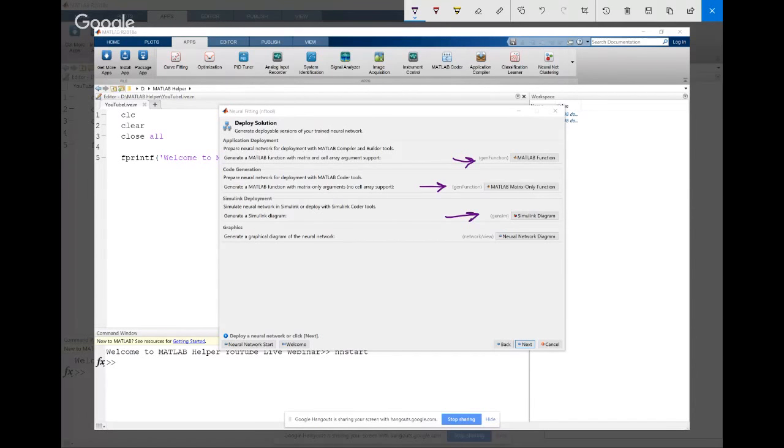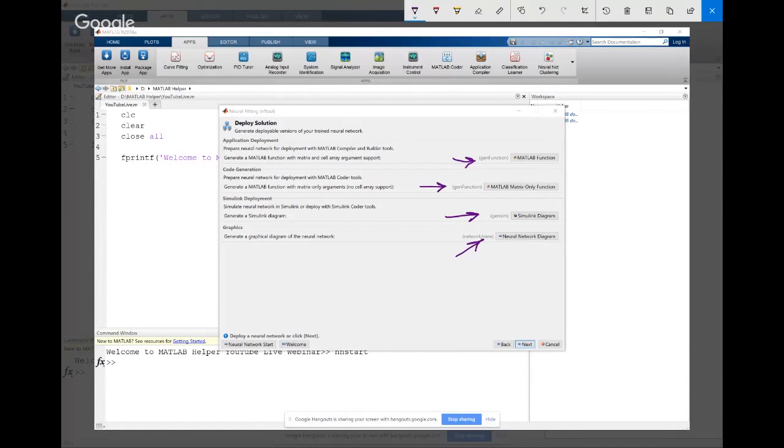If you click on this Simulink diagram, it will create a Simulink block of whatever training we did on our data set, and you can simply use it for other data sets. Last is generating a graphic diagram of the neural network. This will create a network diagram, but we won't be using any of these options right now, because we'll be using a simple script rather than all these functions.